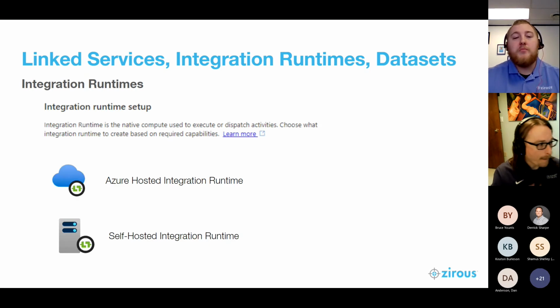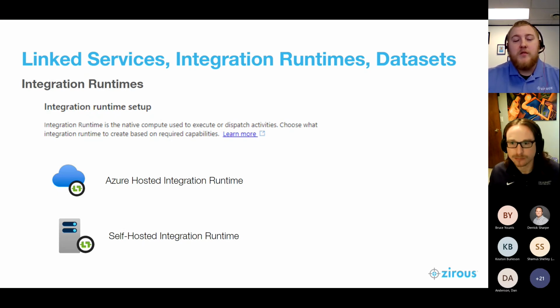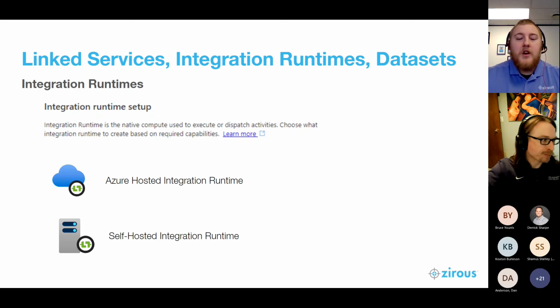Once you've set up your linked service, you're going to have your integration runtime. This is where the actual compute is happening. So this is where anything like a pipeline, which I'll talk about in a little bit, or any sort of activity is going to be run. They're all going to be going through integration runtimes, which is, again, where compute happens. There are two types of integration runtimes that you can use for your environment. The first being self-hosted and the second being Azure cloud hosted. For self-hosted runtimes, you're constrained by only having the resources that you have in your on-prem environment.